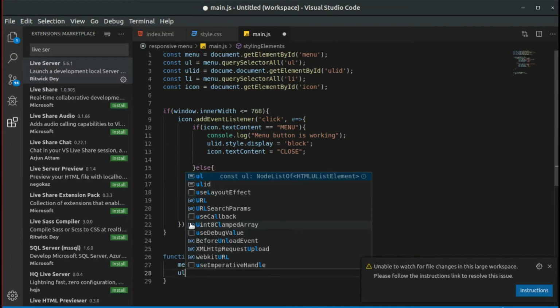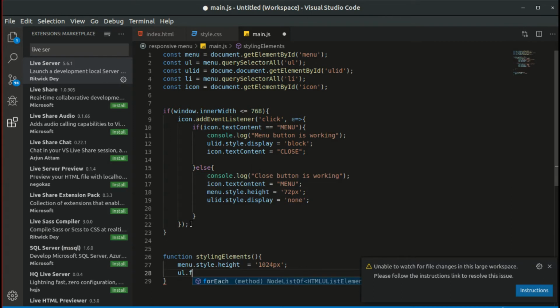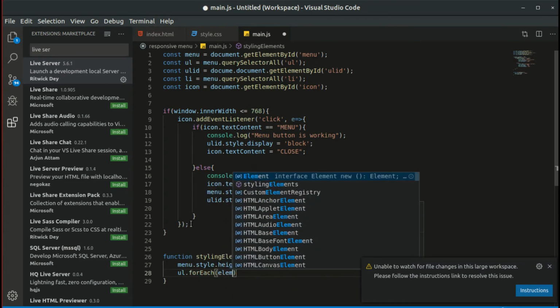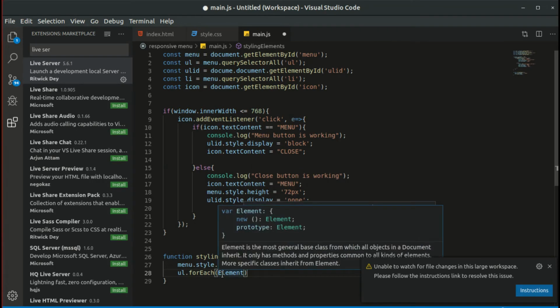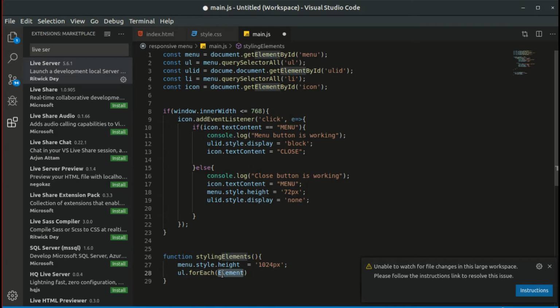Add a loop, forEach loop element, add a callback, style all of them,